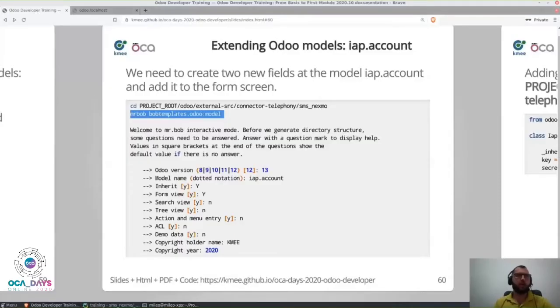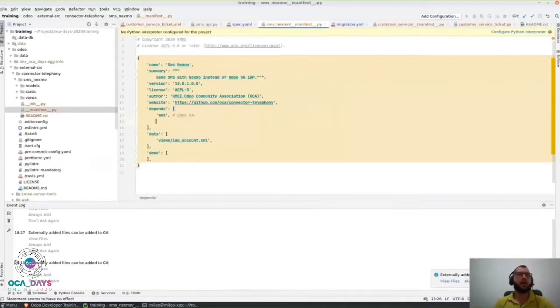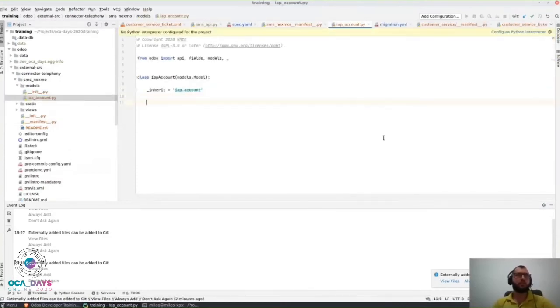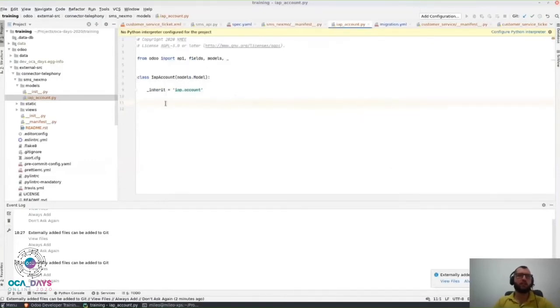2012. Another thing that I forgot to put in the documentation is that our module must depend on the IAP tool, because we are going to manipulate the IAP views, and if we don't do that, we're going to get an error. Okay, first let's start with the model. Put in these 2 fields here, key and secret. They are going to be char, and okay, we're going to extend the app model, adding these 2 fields, key and secret,